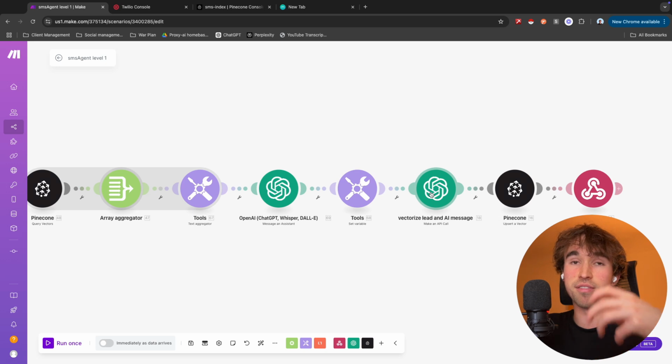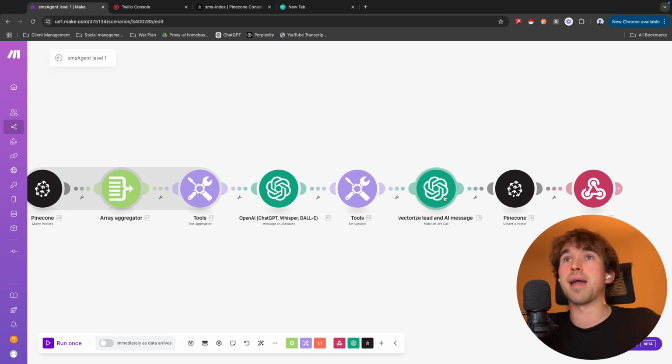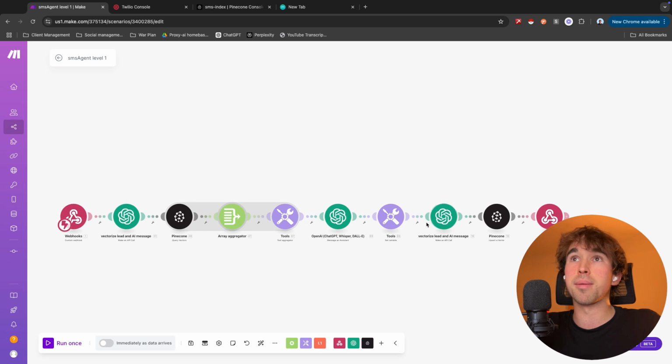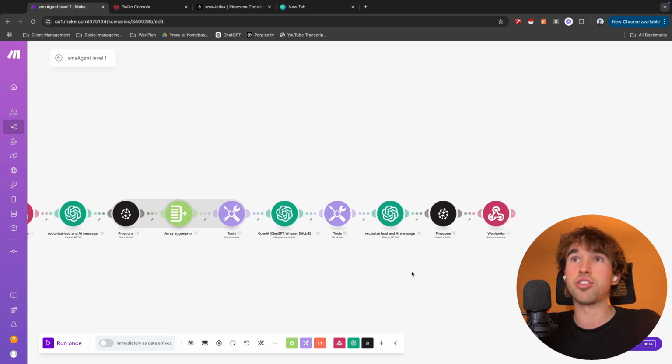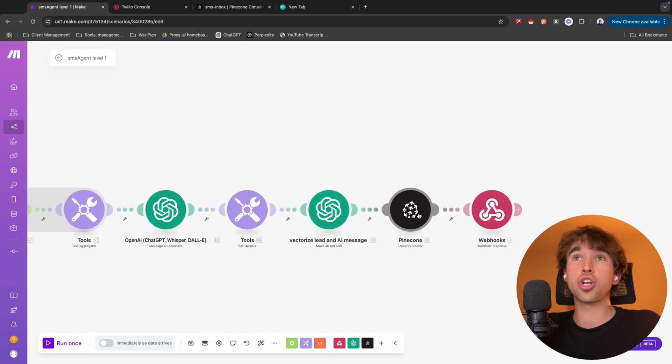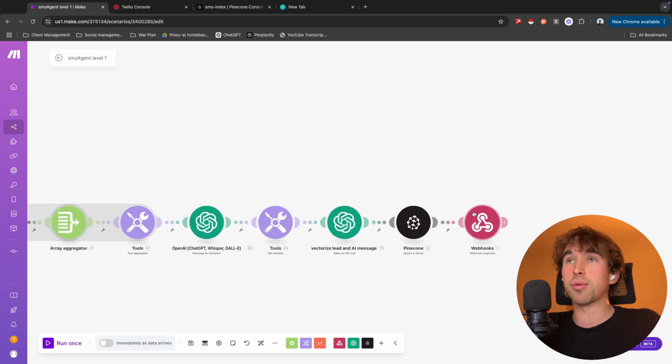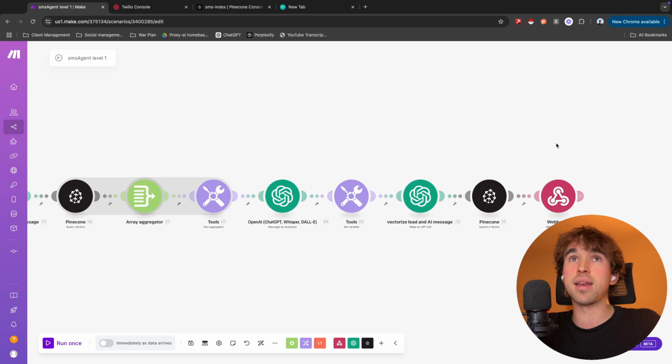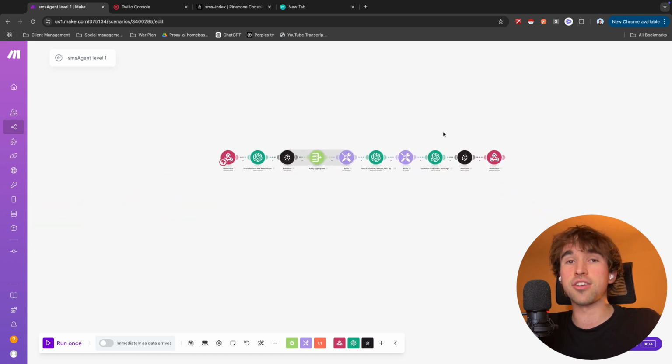So this is the stuff that is crucial to do. We make sure that spaces are covered, hyphens, weird characters. So that takes care of that. We vectorize the other message, like the AI message here. Then we push our new vectors into our database. Then the webhook response gets run at the very end to actually send our AI generated text message